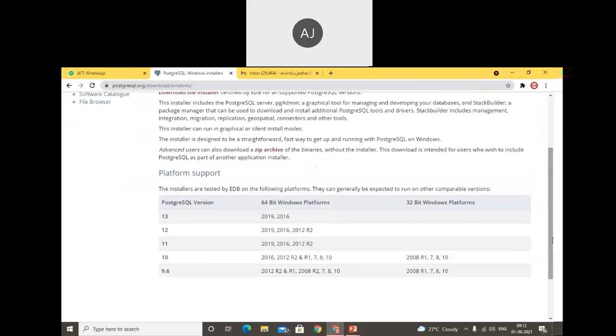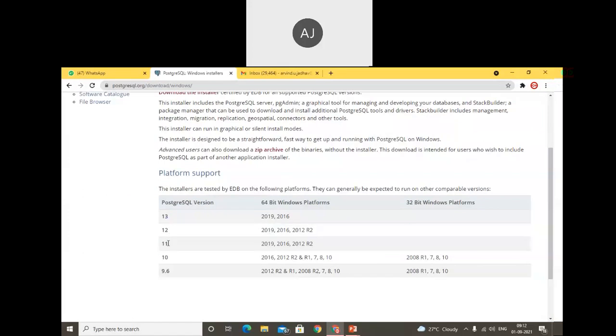If your architecture is 32-bit, in that section you can download PostgreSQL version 10. This is a difference, because if you try to install this application on your PC and the architecture is 32-bit, then that architecture does not support version 13, nor 12 and 11. Make a note of that.